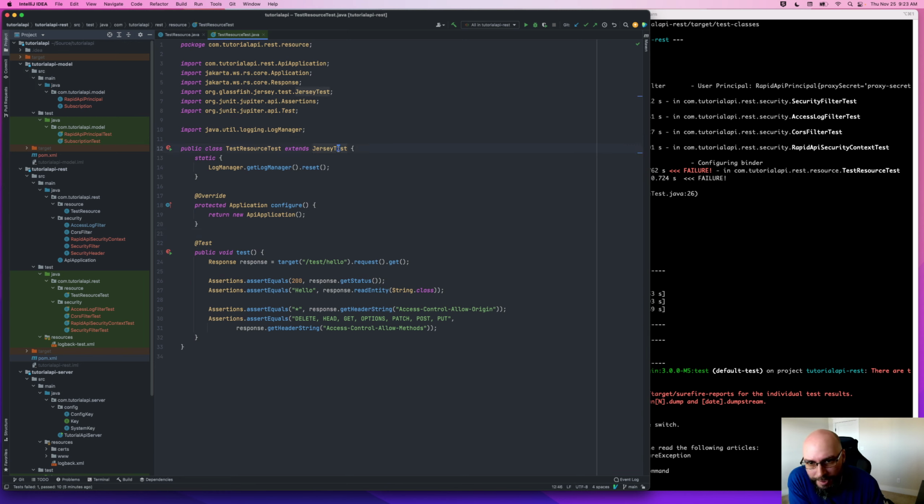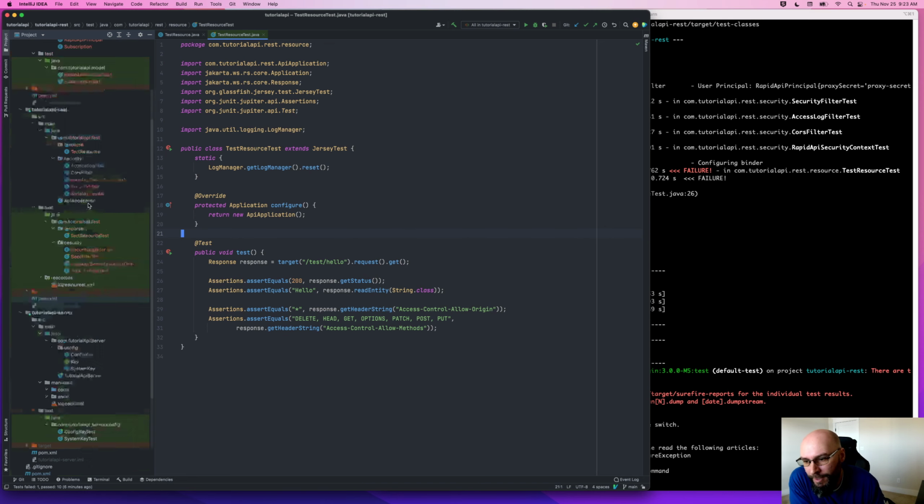So because this is actually standing up a Jetty server, I don't want this to be a unit test. I want it to be an integration test. And the difference between unit and integration tests is a little bit fluid, but basically the way I do it is, if a test stands up a server, like a Jetty in this case, or Postgres, any database, or if it reads or writes to files, or if it connects to some other service, anything more complicated than just invoking a few methods in the test, then I consider it an integration test instead of a unit test. And Maven